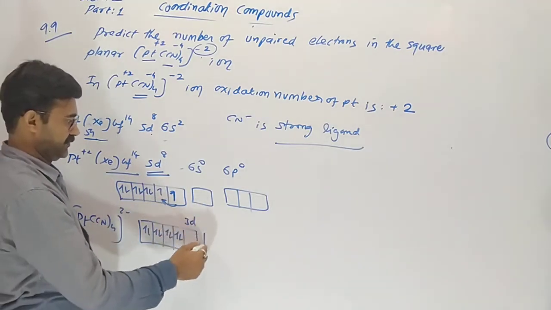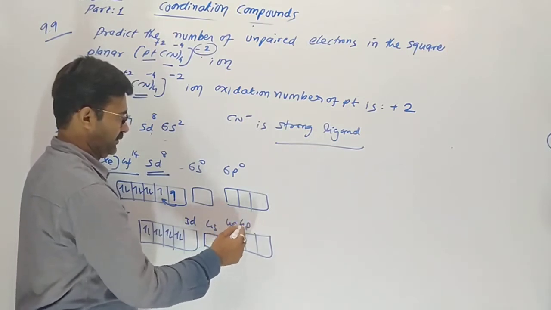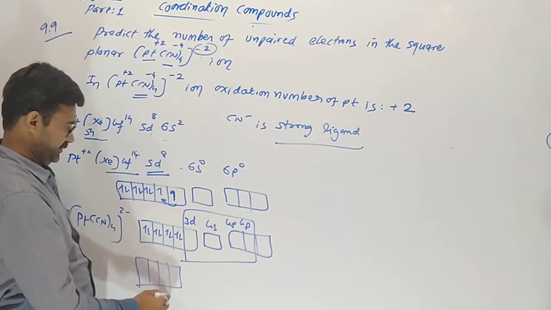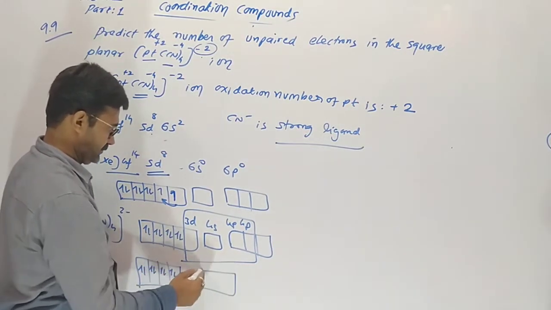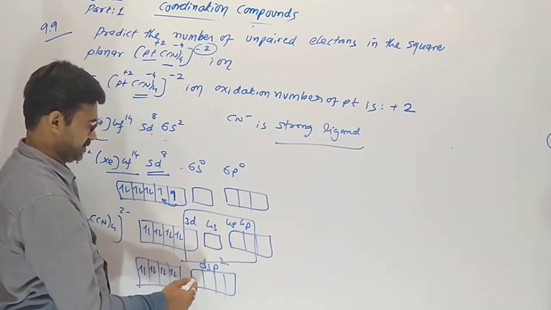So now one 5d, one 6s and two 6p hybridize. In the d there are 8. So dsp2 hybridization occurs